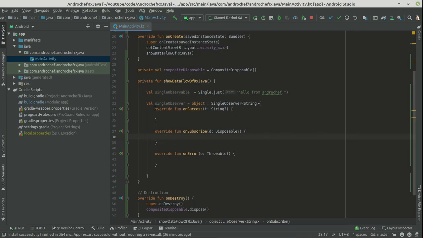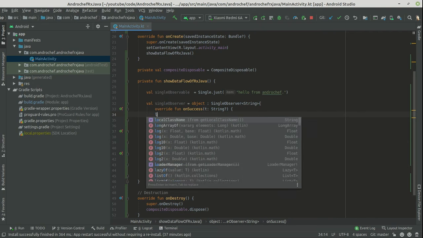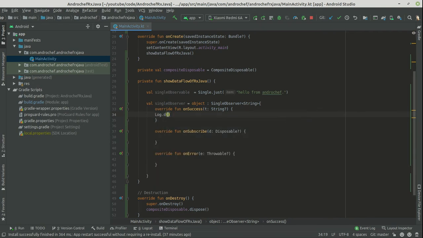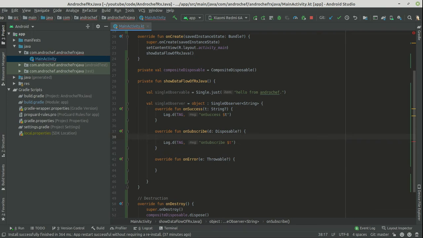So in our case, we will get either this method invoked or this method invoked, and this will be invoked when you subscribe. So let's log here also. This will be called as on success and data will be T. Now copy the same, and we will write as on subscribe, and we will save this subscription.